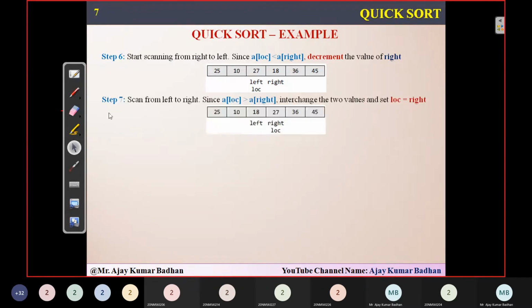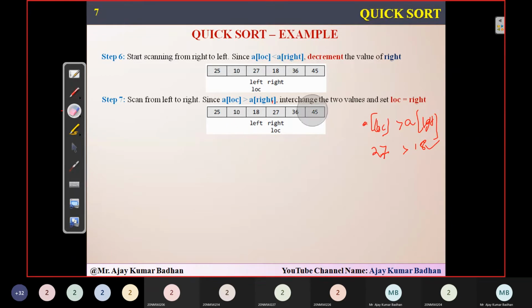And we know that whenever we are checking from the left side, whatever the value is there, it should be less than this. So whether A of location is greater than A of left. So left is pointing to 0, 1, 2, second position. So this is nothing but 18 greater than, and location is pointing to location 4, which consists of 27. 27 is greater than 18, condition satisfied. What we have to do now, since we are scanning from the left side, left has to be incremented.